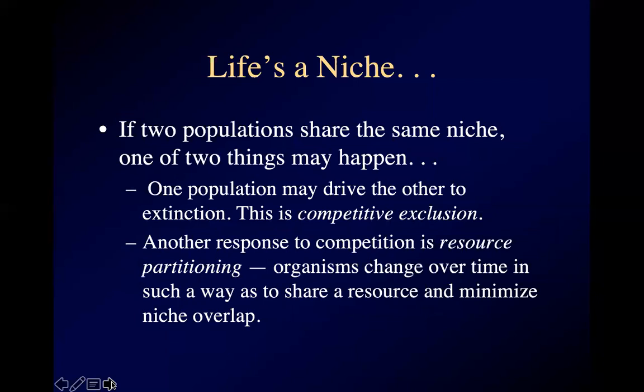If you have two populations sharing a niche, one of two things will happen. One population can drive the other to extinction, and we call that competitive exclusion. The other possibility is resource partitioning, which means that organisms will evolve in such a way that they don't overlap so much. And I always like to explain this by imagining that you wake up one morning and you find